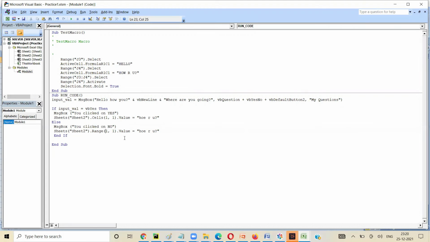Here, see, it is a number. When you say Cells, it is all numbers: row 1, column 1. But when you are using Range, it will be column text. So I'll say B3, and this comes in quotation marks. And in VBA we use double quotation, no single quotation. It is all double quotation. Okay, so B3 dot Value, and I say equal to